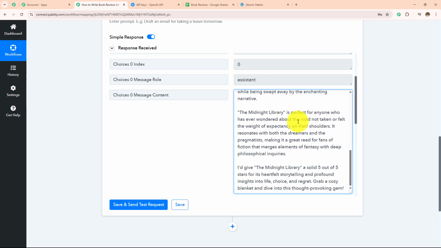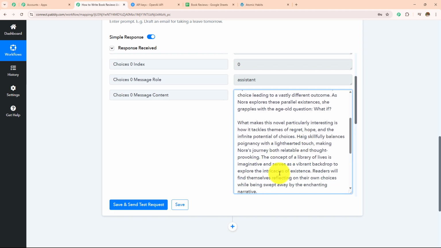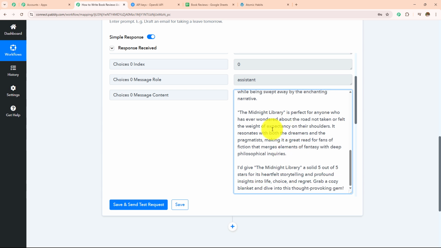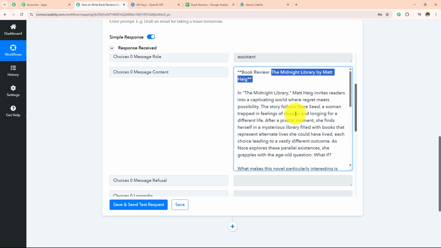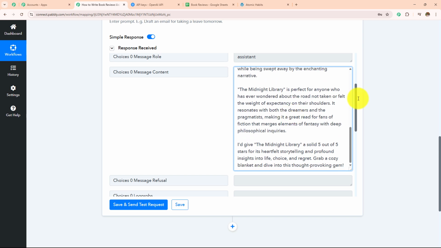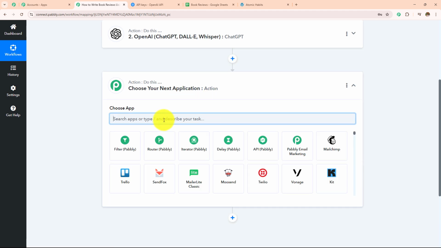And then I have received the rest of the response, like first what this book is about, then we have the theme of this book, and then who can read this book. So I'm going to post this or create a post on my WordPress, as this is a very nice post. So I'm going to click on this add action step button, and then in the action application I'm going to